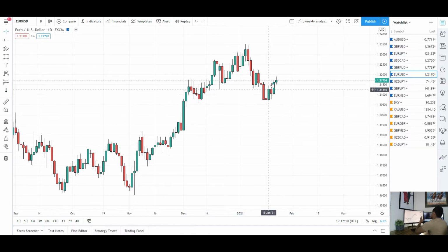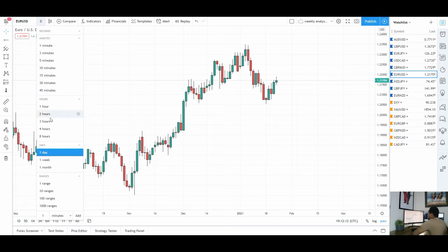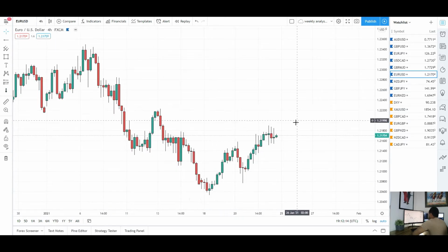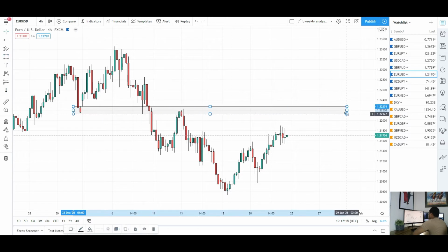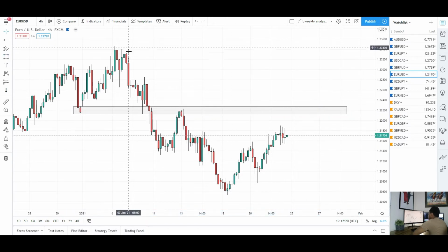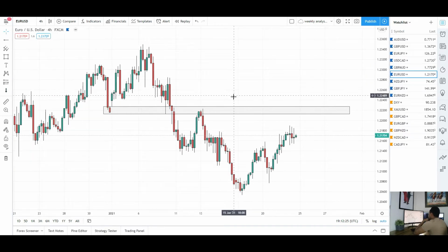So still treating this movement to the upside as a retrace. You can see it on the 4-hourly moving to the upside quite steadily here. I think as long as we stay below this key level in the market here, so you can see previous support gave us a move to the upside, previous resistance gave us a move to the downside. So a really key level in the market around